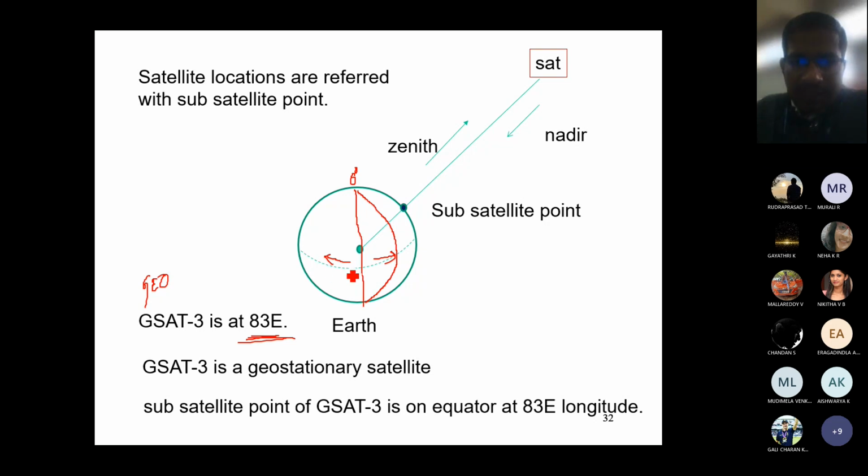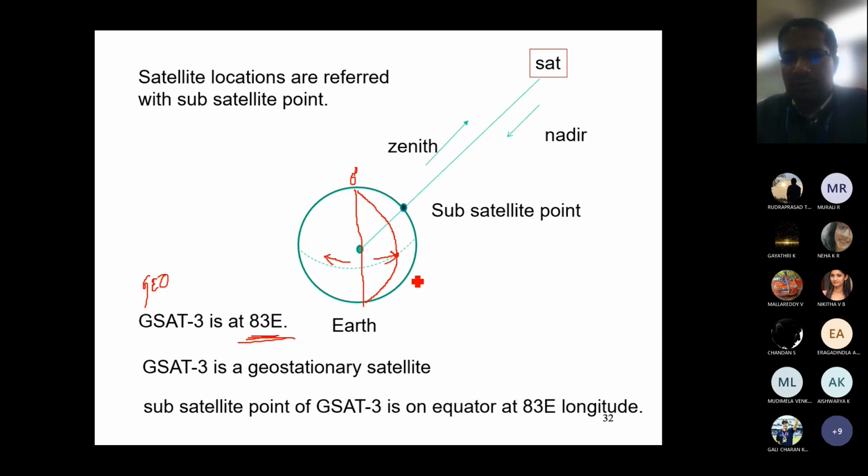And the dotted line represents the equatorial line. Our satellite is a geostationary satellite, so the orbital plane has 0° inclination to the equatorial plane. Both the equatorial plane and the orbital plane are matching, both are similar planes, right? So that means this is the